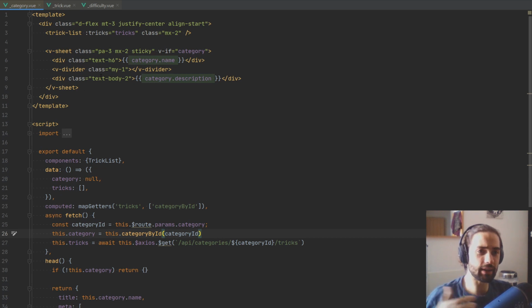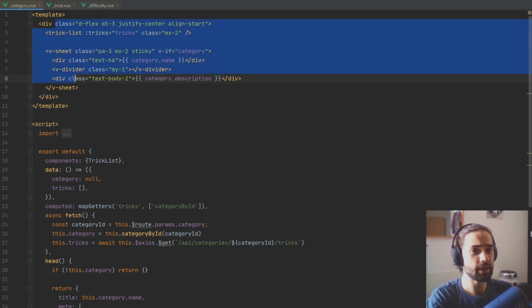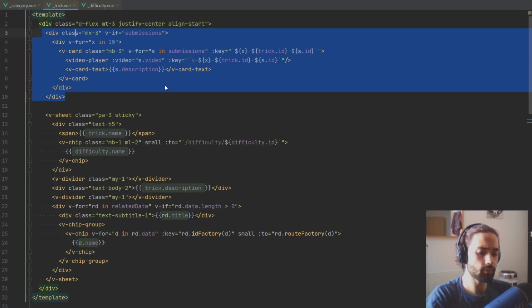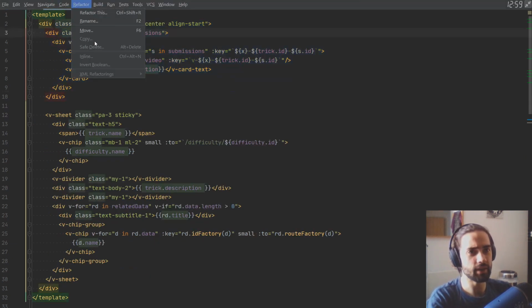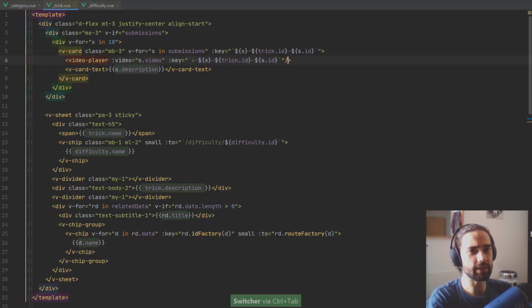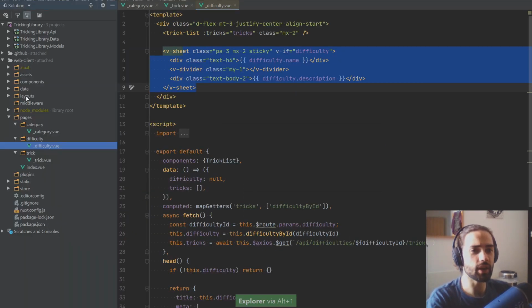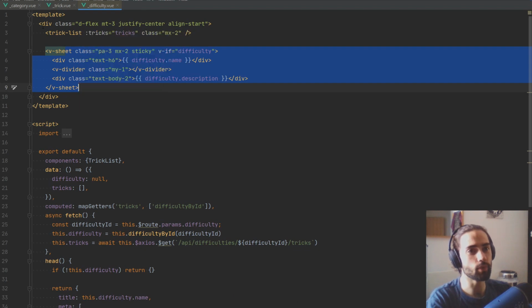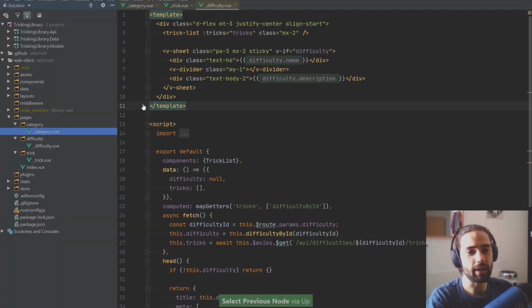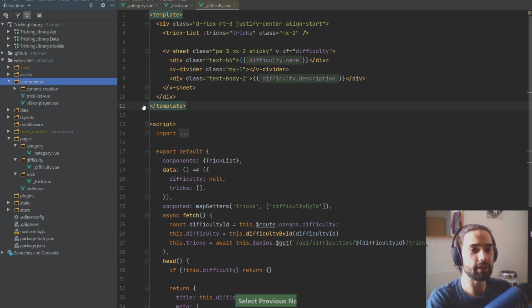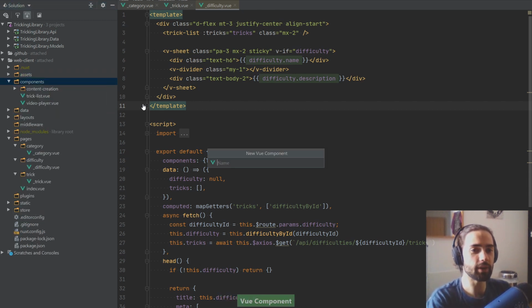So the primary thing that I want to get rid of is configuring this layout in these three different components, essentially, right? And we can't use the layouts because most of these bits are different. So we're going to be making our own component. So let's go ahead and create a component. It's going to be a view component, and this one is going to be